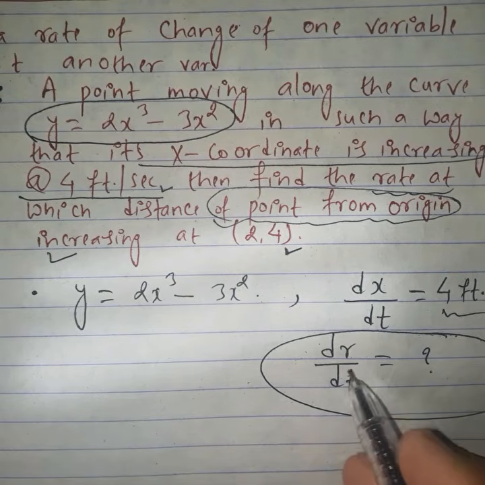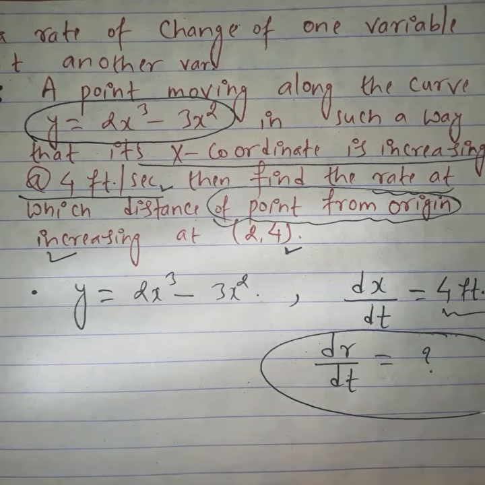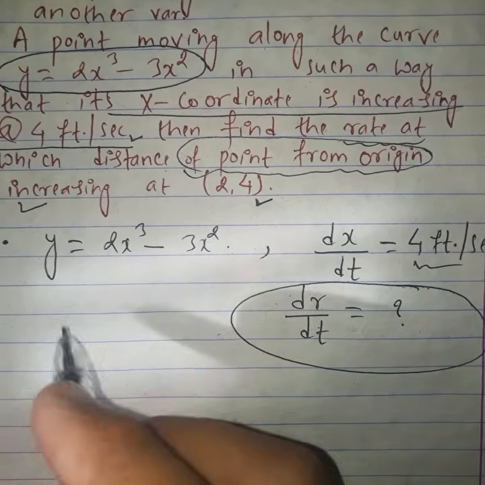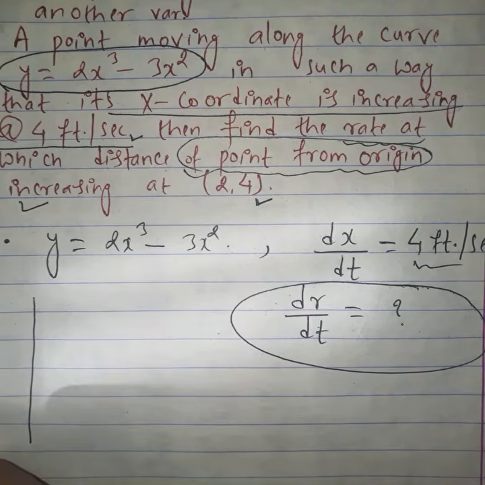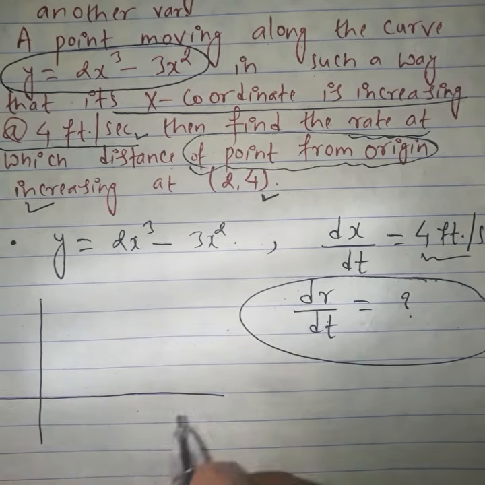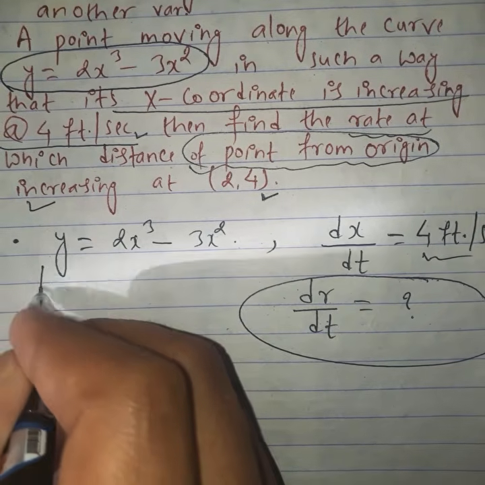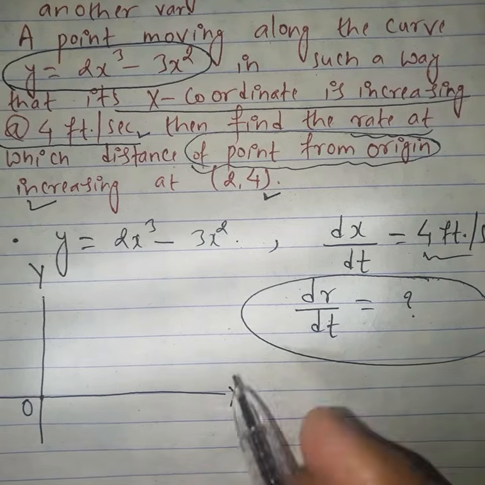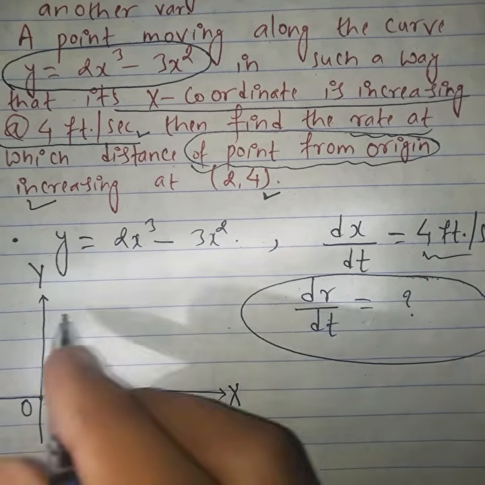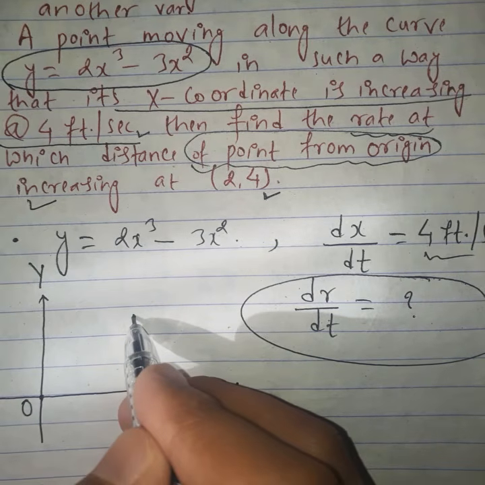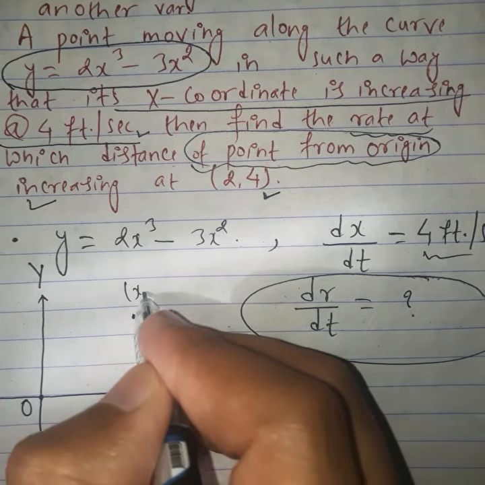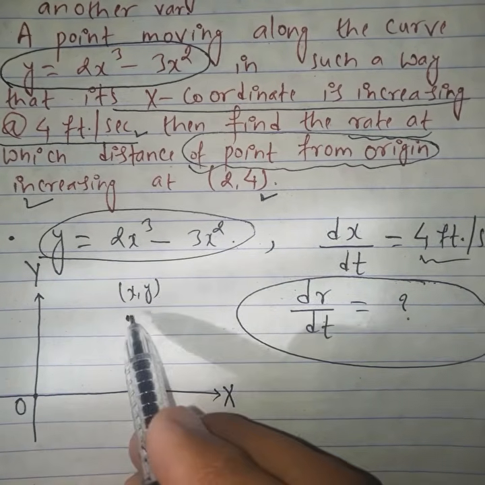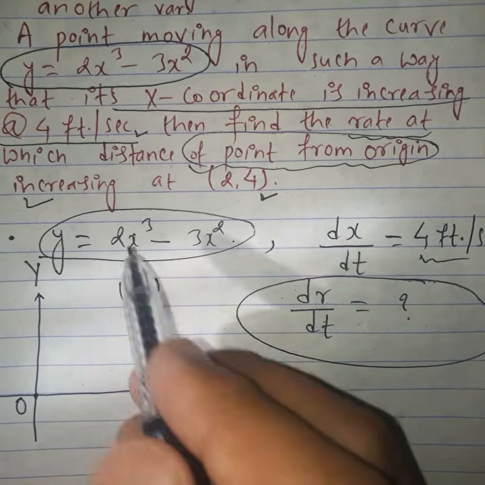First of all, let's derive the relation between x, y and r. The first step is deriving the expression. And the very important point, please remember, let's make the xy plane. This is the x axis, this is the y axis, and this is the starting point, the origin. In the xy plane, let's take a point. Its coordinate is (x, y), and it lies on this curve, on this path.